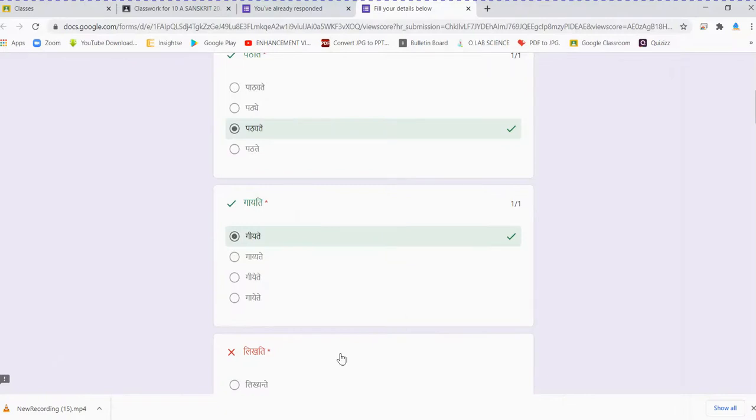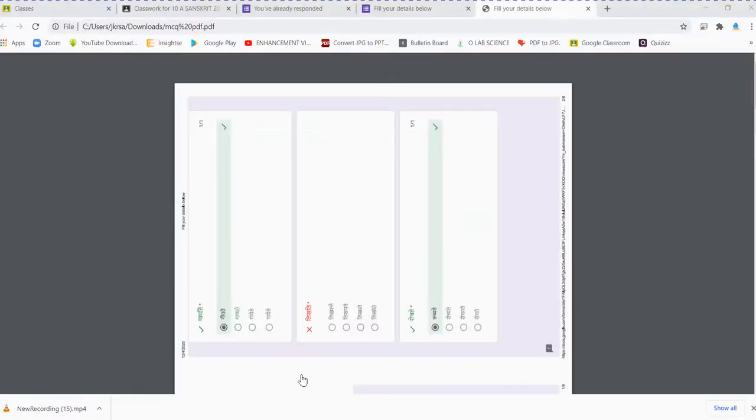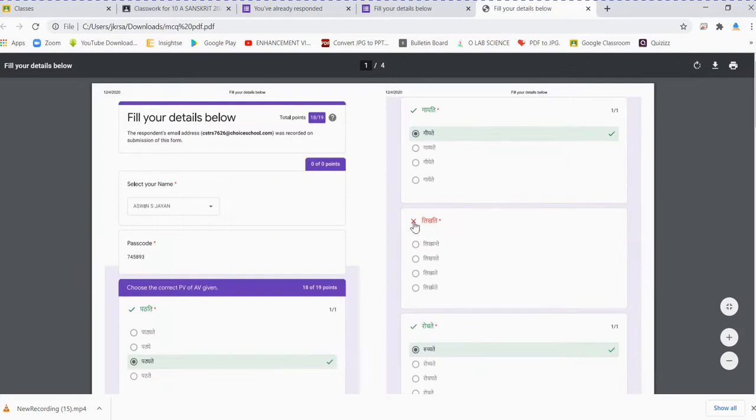Children, now that MCQ page has been saved properly, and I will show you the saved page also. This is the saved page, MCQ PDF. If it is not in the correct position, you can turn this page by clicking here, rotate. You can rotate the page like this. You can see the two pages in one sheet. It is like this. You can save your MCQ as PDF very easily.